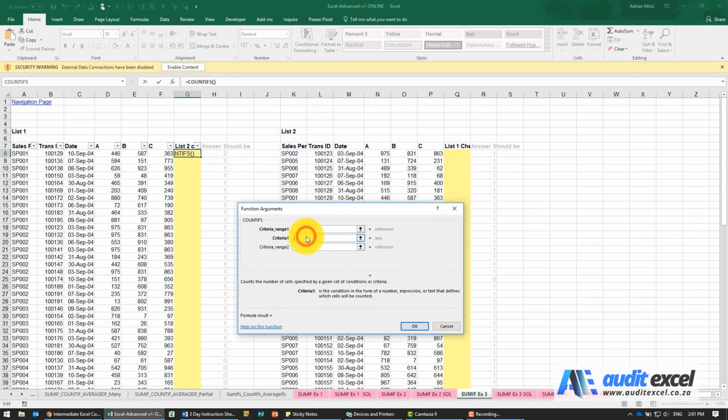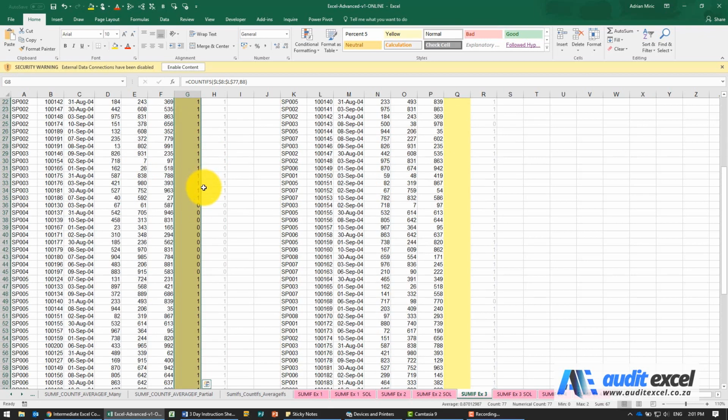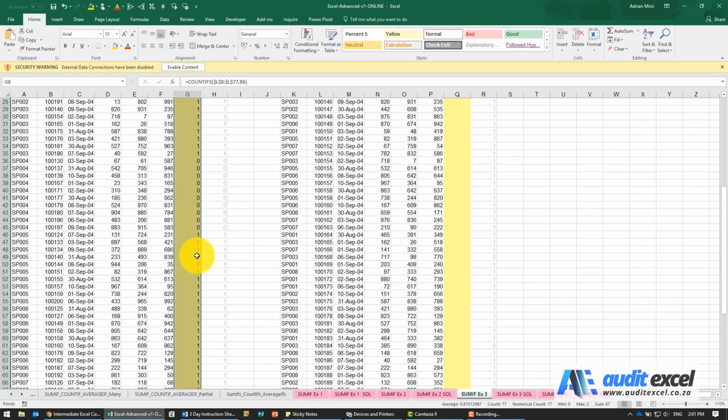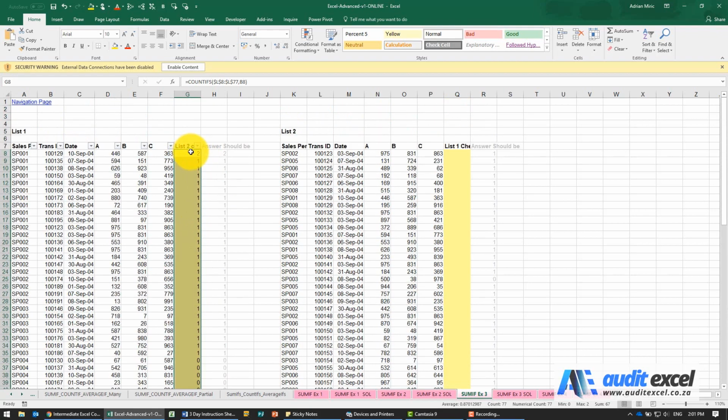We're going to go to the criteria first. We're going to say the criteria is this transaction ID with no dollar signs. And where must it compare to? It must compare to this column here, and we're going to put the dollar signs on. When I say OK, you'll see it tells me that that appears twice. I can copy it down, and you'll see as you go down, sometimes these items are not appearing at all. So you need to reconcile and figure out why this one appears twice and why some of them aren't appearing.